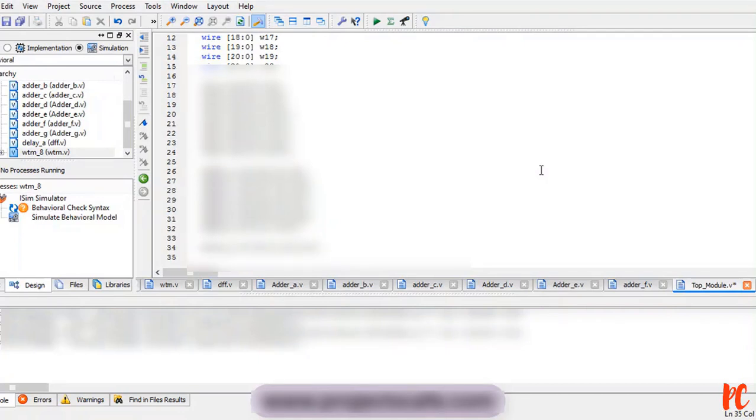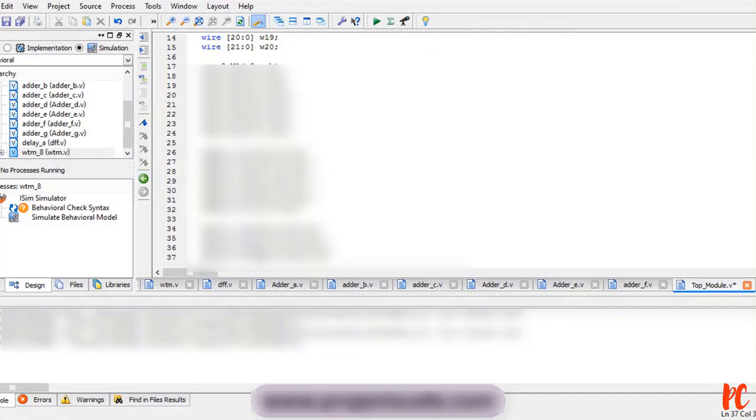Similarly, delay underscore A of second delay, W9 comma W8 comma clock comma clear. Let me copy it. With respect to third delay, D3 of W10 comma, this will be W9 followed by clock and clear.